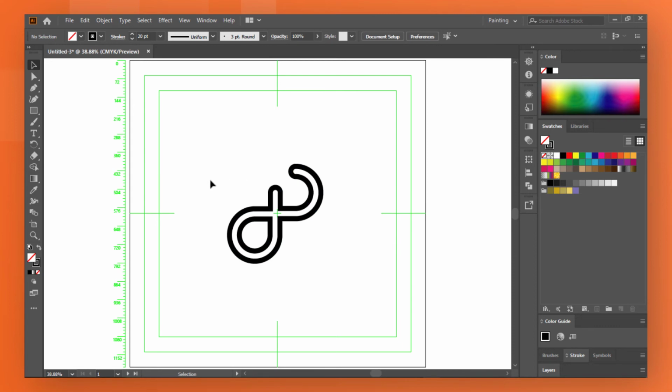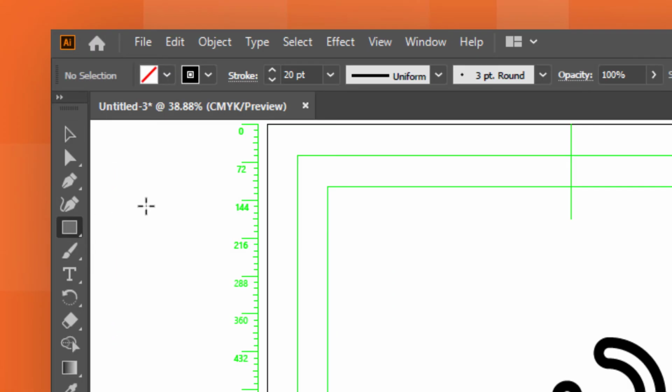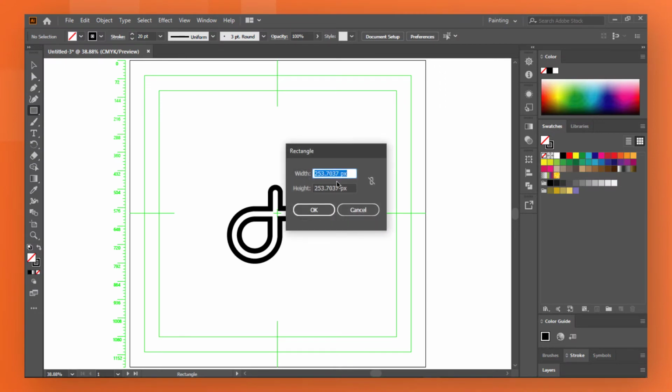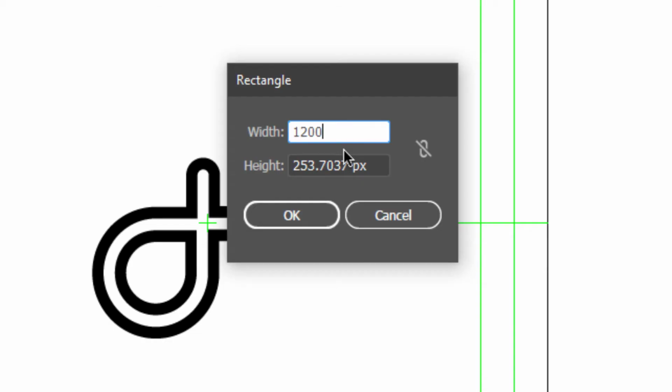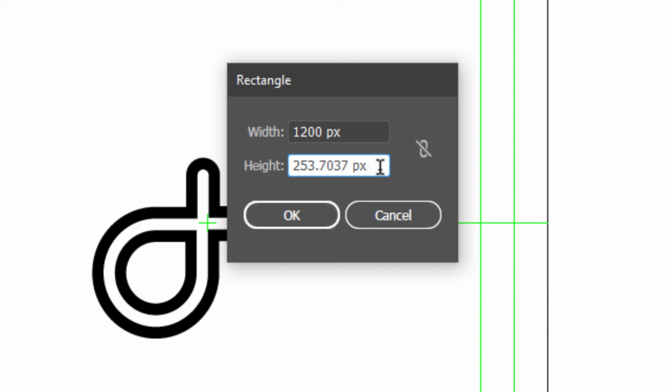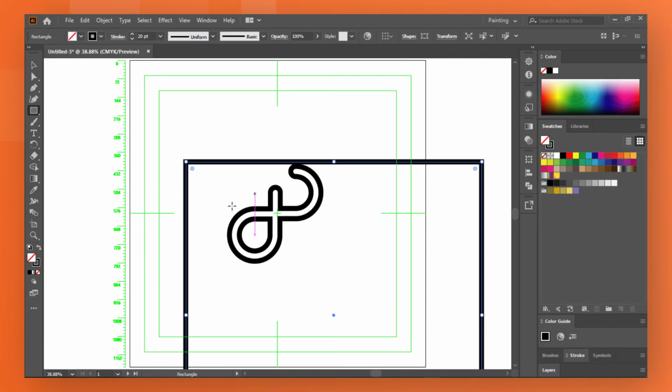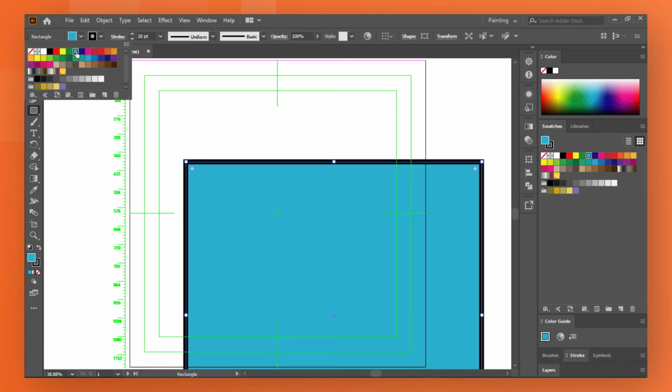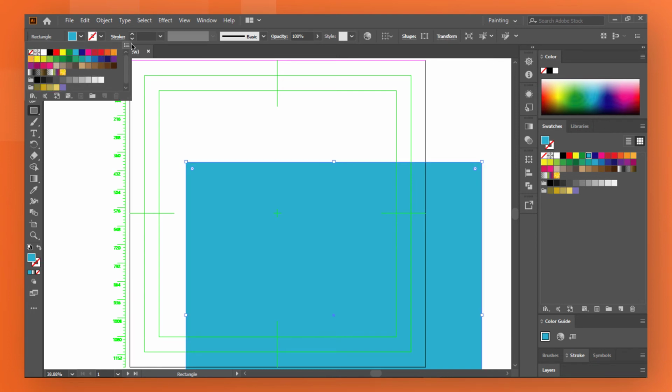Now there are more options to create a gradient. You can change its color and somewhat like that. So first of all, go over to the rectangle tool again and create a new rectangle of around 1200 by 1200 pixels. Hit OK. Now you got this, but we don't need any strokes, so move over to the fill color and choose a nice sky color, a blue color. Now move over to the stroke and no fill. Now drag this to the center.